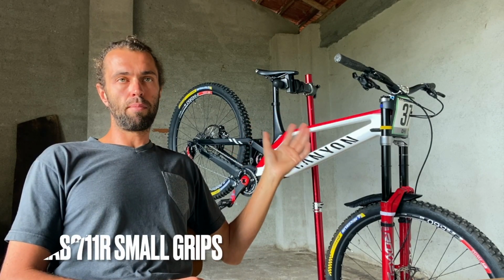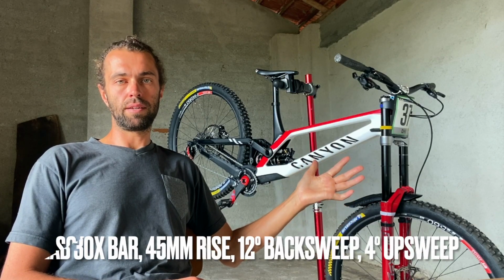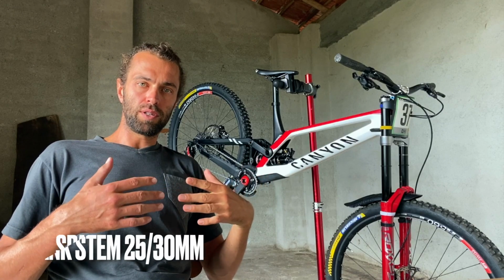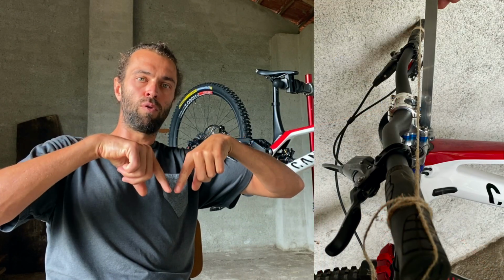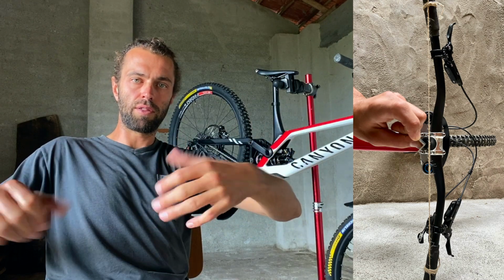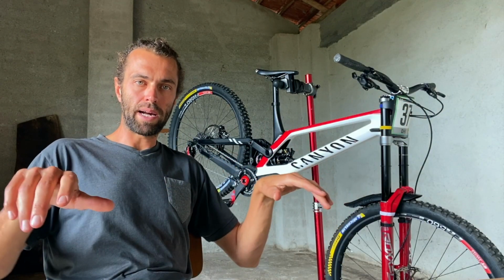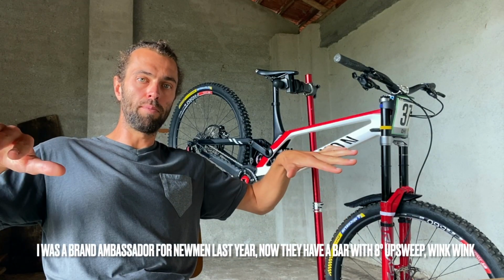I definitely prefer my bar, stem and grip combo over the standard setup from Canyon, personal preference, but the short stem gives you more accurate steering because the centre of the grips are more in line with the centre of the steerer tube. So it's pivoting around the centre of the steerer tube rather than moving around in front of it like this. And I prefer more back sweep on the handlebar, so I can roll them forward and get a bit more upsweep,